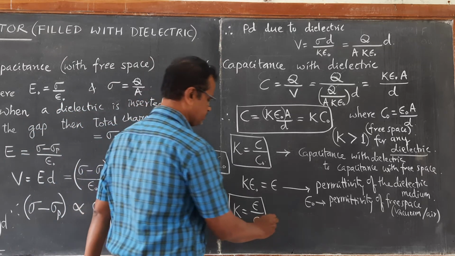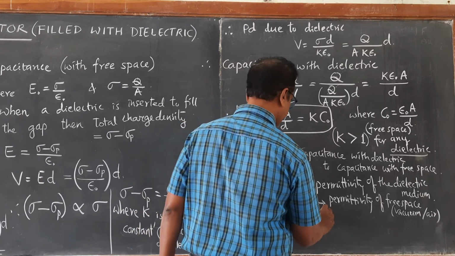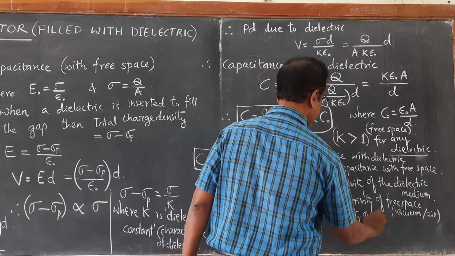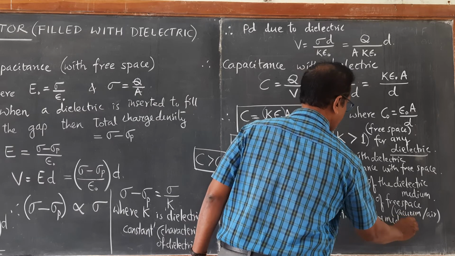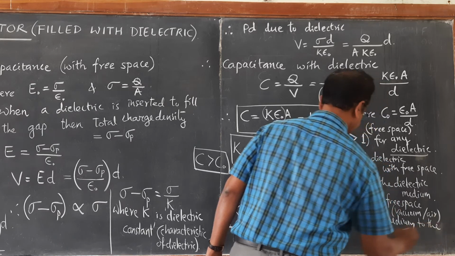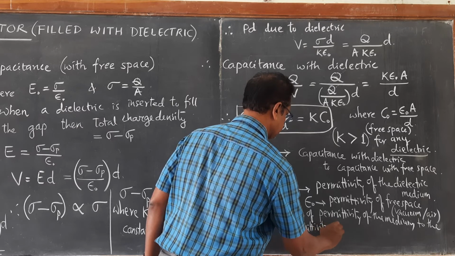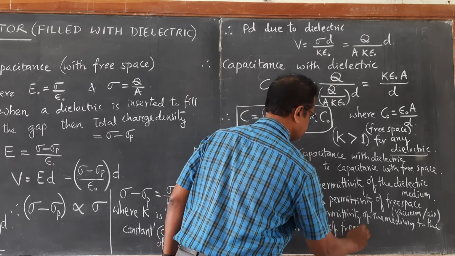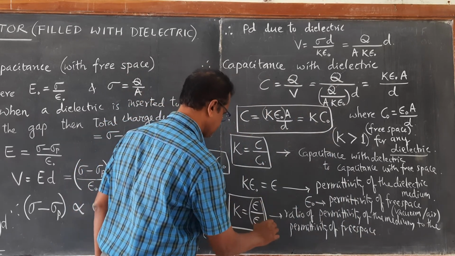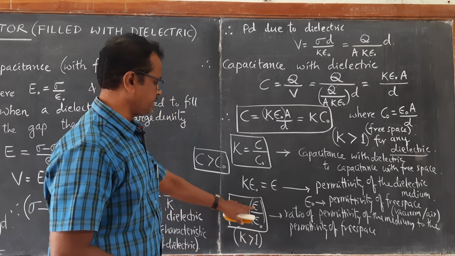Dielectric constant is also defined as the ratio of permittivity of the medium to the permittivity of free space, and this ratio is always greater than 1. Okay. Now, this ratio, epsilon by epsilon naught,